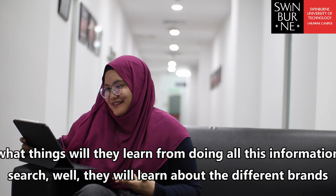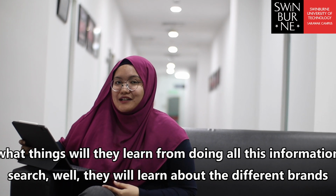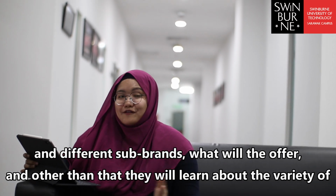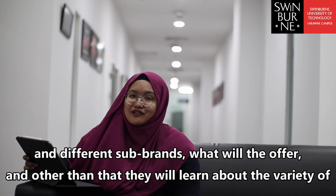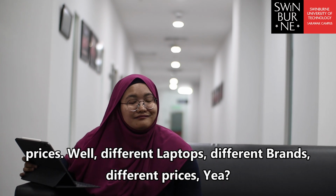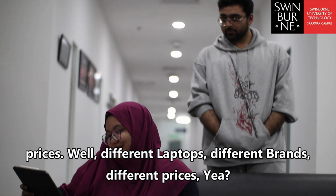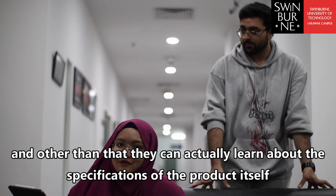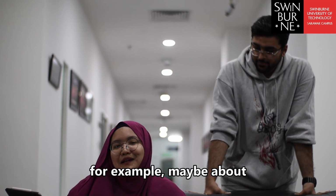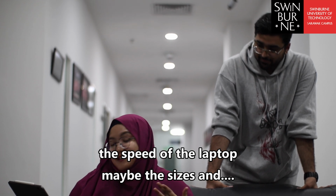What things will they learn from all this information search? Well, they will learn about different brands and different sub-brands. What will they offer? Other than that, they will learn about the variety of prices. Different laptops, different brands, different prices. And then they can learn what the specification of the product itself is, for example the speed of a laptop, maybe the sizes, and